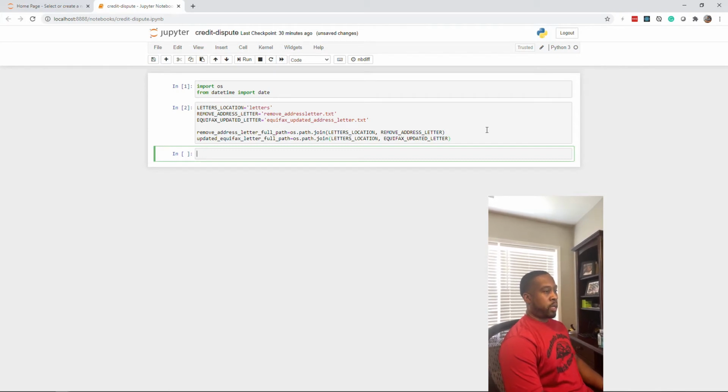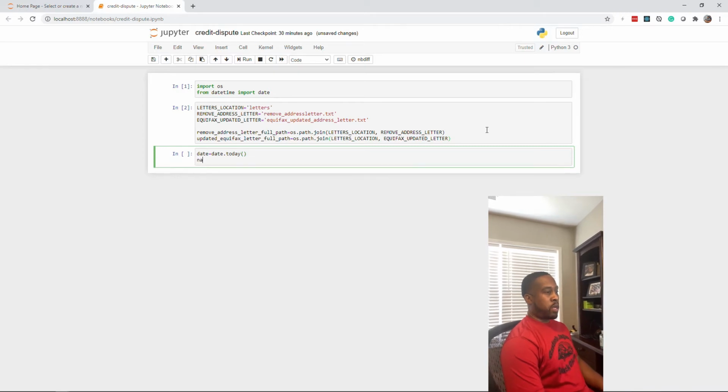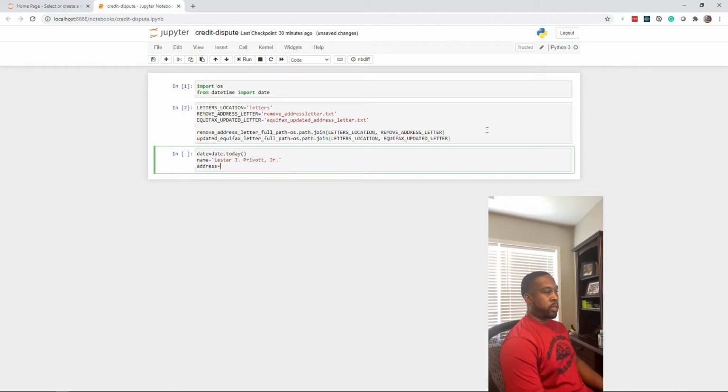So we'll go ahead and create a variable for that, and that is going to be date.today. And then the name actually needs to be replaced in the file, and that's going to be constant. So we'll go ahead and put my name in there. And then from there, we need the address. So we'll go ahead and put my current address in there. We'll call it 11. My current address, and that address is going to be in Charlotte,